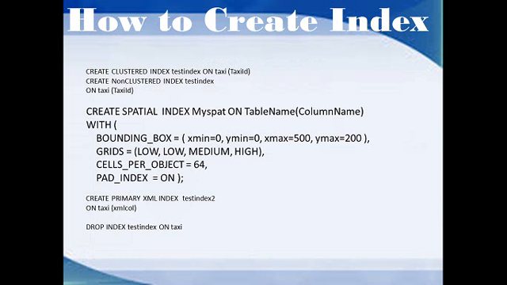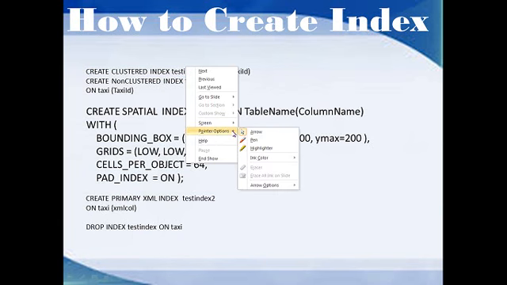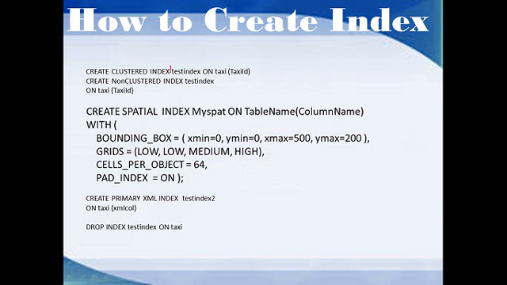Now, how can we create cluster index? It's very simple. To create a cluster index, we have to use create clustered index, and we have to give the name. This is the name of the cluster index that we should use. This is the name of the table that we should use, and this is the column name. So if you need to create a cluster index on a taxi ID column of the taxi table, we have to use create clustered index. We have to give the name of the index on the name of the table with brackets